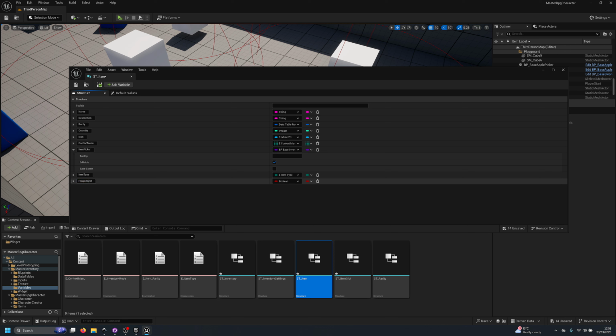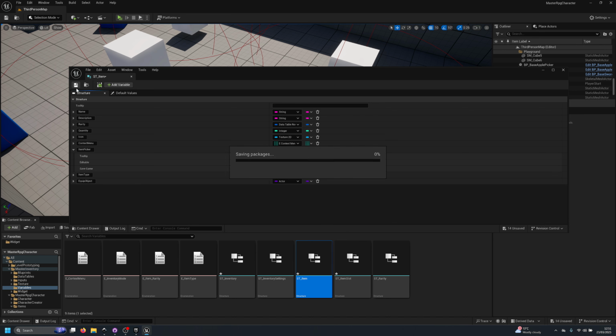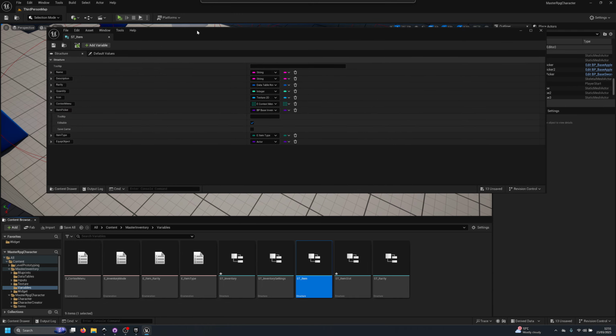object. And this is going to be the object we are going to equip when we equip the item. And this is going to be an actor. And this, let me think about it. It's going to be a class reference, right? Because we want to equip any class. Now, what I'm going to do